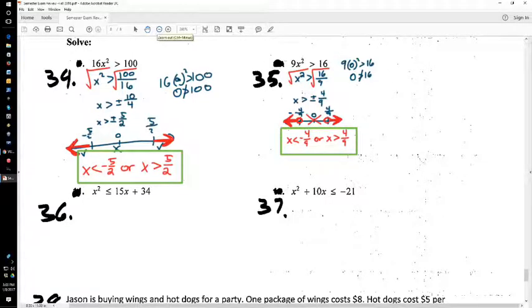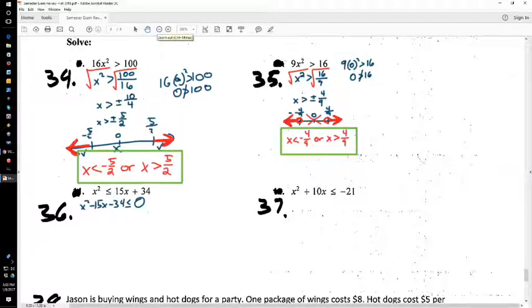Okay, these two have x squareds and x's, so I can't solve these simply by taking a square root, but here we go. First of all, move everything to the left. So x squared minus 15x minus 34 is less than or equal to 0. And I could use my quadratic equation to solve this, but in this case, I'm actually going to factor it